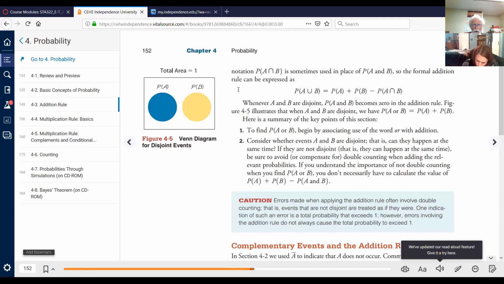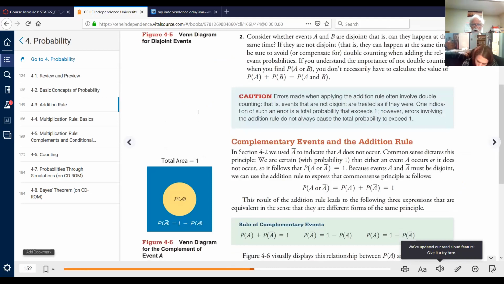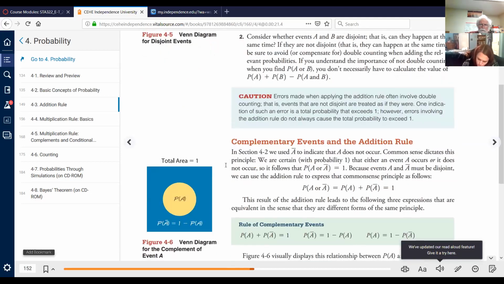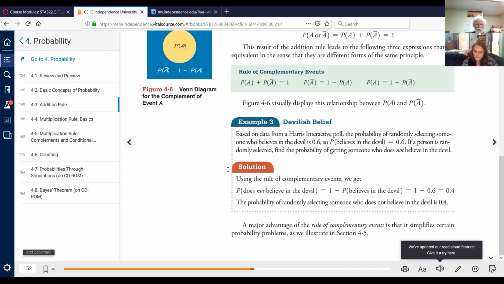So for things that are not disjoint, we have the inverted U for A and B. So these are things that can occur at the same time, such as the female statistics student. You have to be careful when doing this. This is here mainly for your information, but I'd like to get into something equally related,